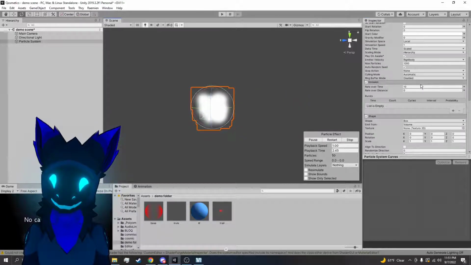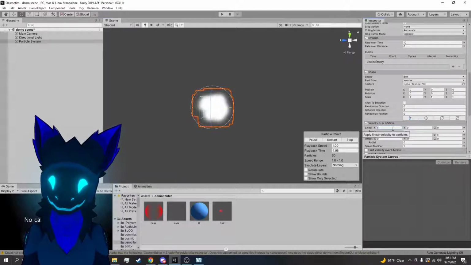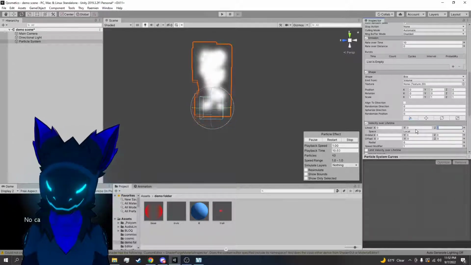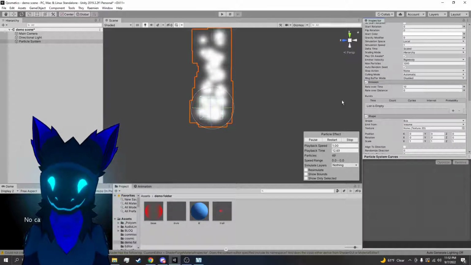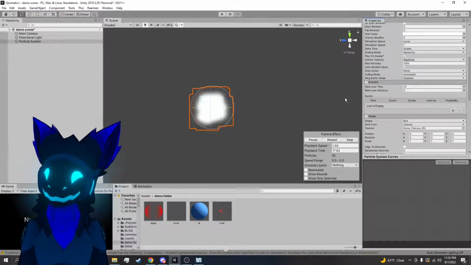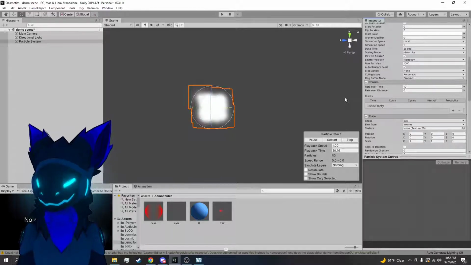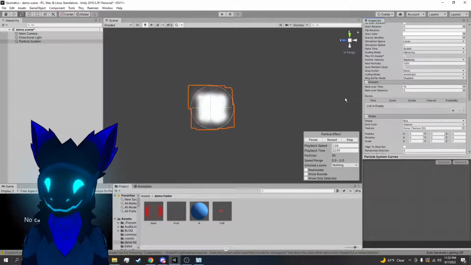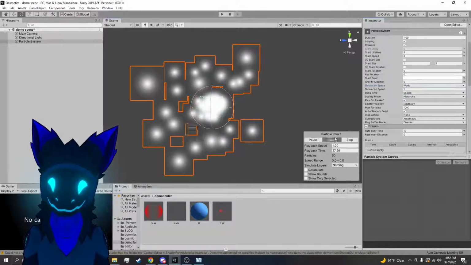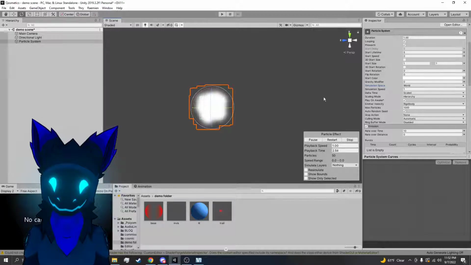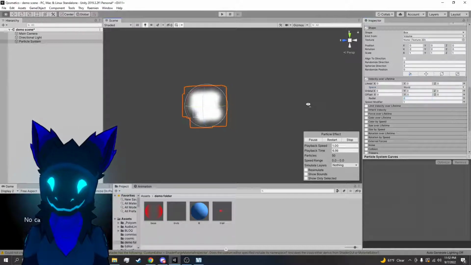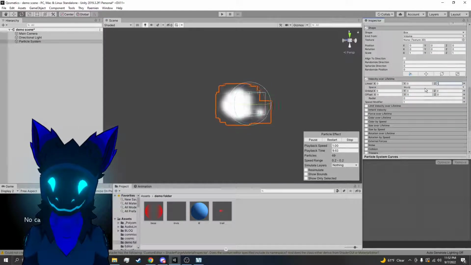Not only can you directly customize which direction the particle speed is in, but combined with a couple other modifiers, you can make some pretty cool stuff. I think the best example I can give is fire particles. I know I made a fire particle system using world space, and then I set the velocity over lifetime to world space right here, what it'll do is it will,